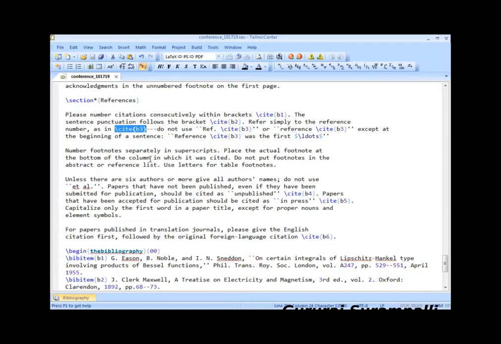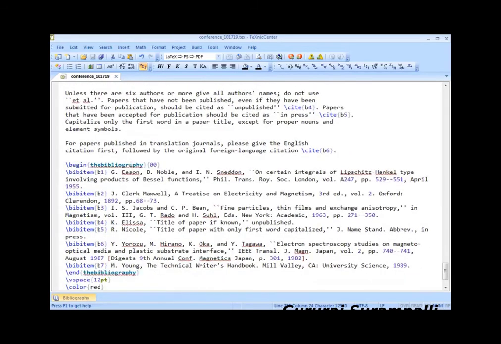Okay, now it is very interesting to write a bibliography in this type of journals and conferences. So here one type I'm showing because there is one more type wherein we are creating one bib file. That is more interesting, that I will take maybe in the next video whenever I again take this LaTeX as a topic. But here one way of writing the bibliography I mentioned here. You can see bib item B1, B2, B3, B4, B5, B6. Now here you have to give whatever information you have related to that particular author and a journal.